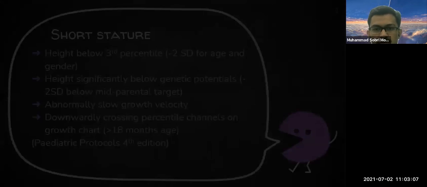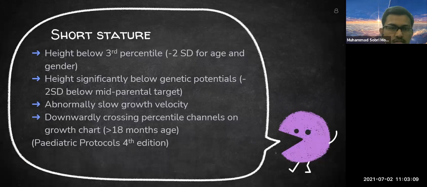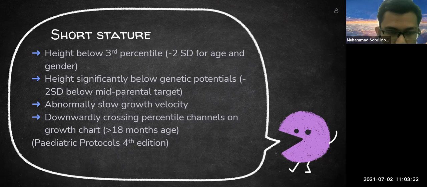Okay. So next, we go into what is short stature. According to the pediatric protocol, it has several definitions. First, the height below the 10th percentile, or -2 standard deviation for age and gender. I will show the height chart later. And the height significantly below genetic potential, which is -2 standard deviation below mid-parental target. But however, I don't